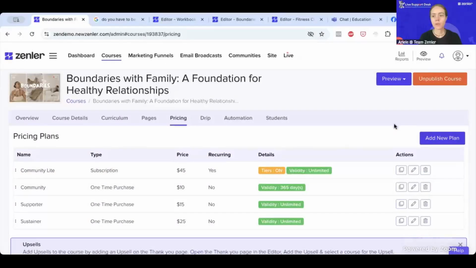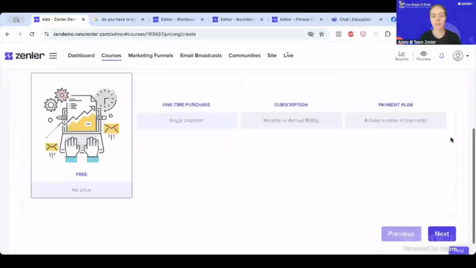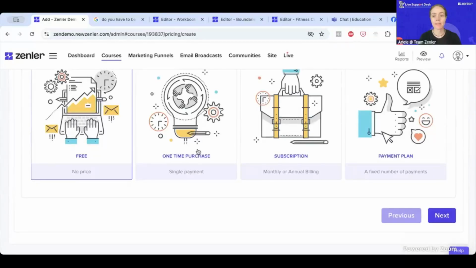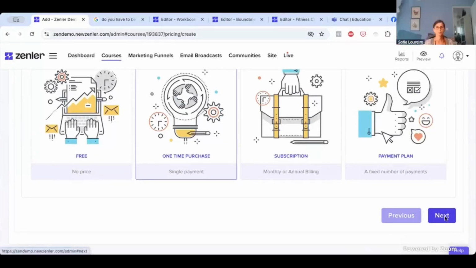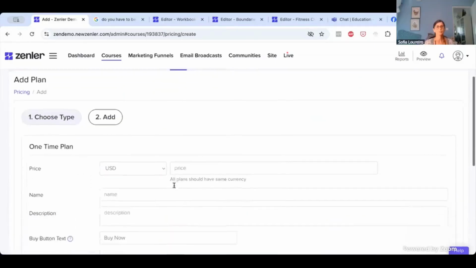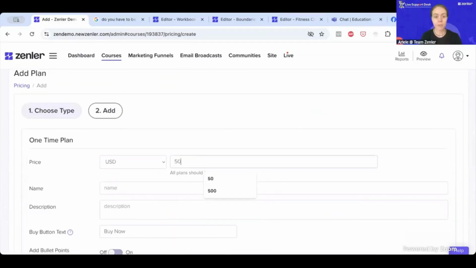Yeah. So I'll show you a couple of different ways to do that. I'm going to share my screen. Let's ignore all of these pricing options that are here. We're going to add a new plan and pretend there's just one plan. I'm going to click one-time purchase, so it's not a subscription. I'm going to put an arbitrary amount,